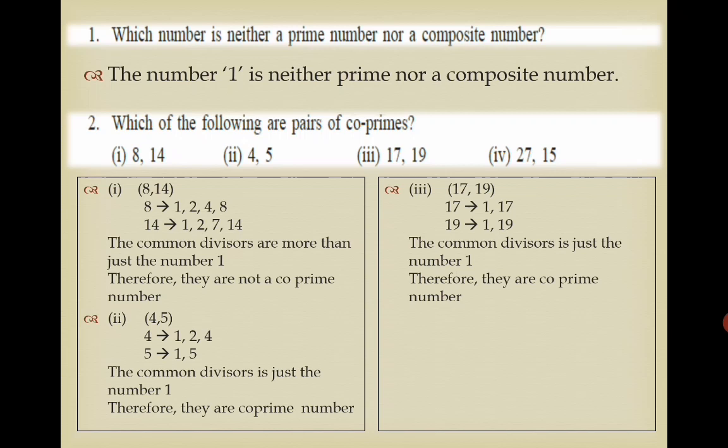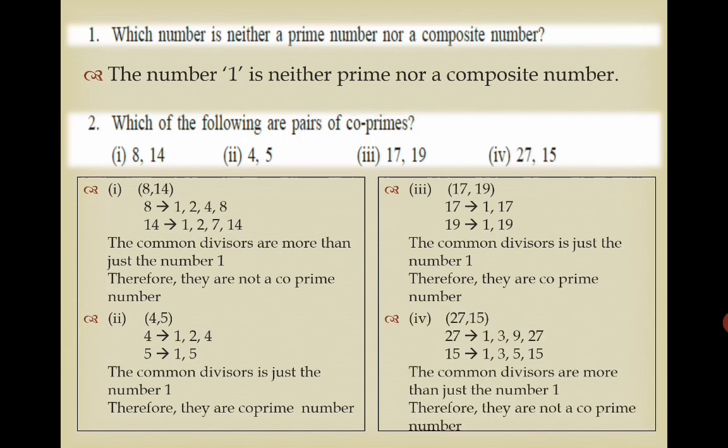Also, my dear boys, if you observe, whenever there are prime numbers in the bracket, they will always be coprime because they don't come in any other table. So, there's no chance of them having another divisor. One more thing, if you look at this number 17 and 19, if I subtract 19 minus 17, the answer is 2. They are also twin prime numbers. So you have to be alert while doing your sums.